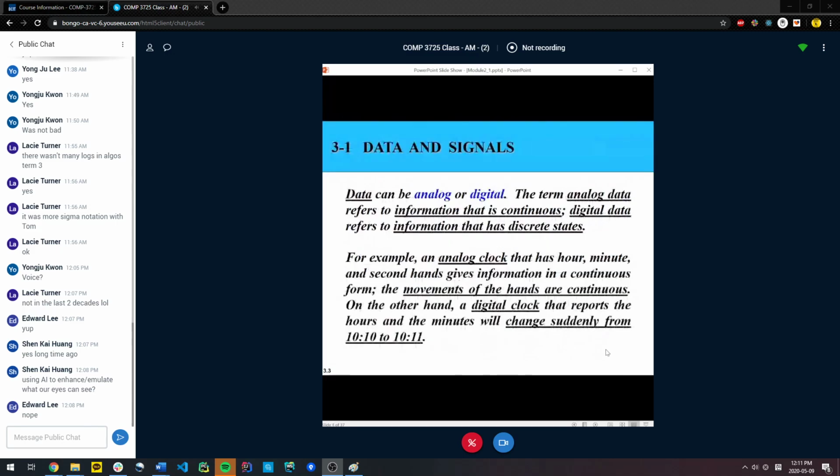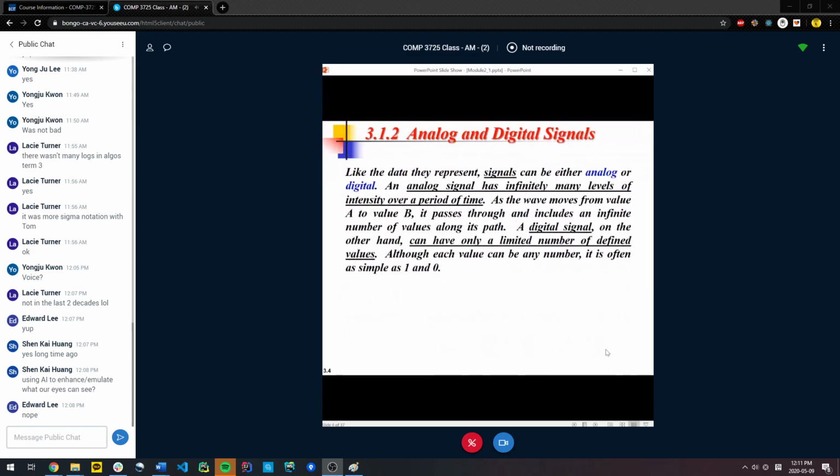There are two things that are being exposed here. In the first slide, I said that the data can be analog or digital, because that's the source of information. So data is the information content. The signals are what we can actually transmit. So we cannot really transmit data, and it will become more apparent. I want you to start thinking about that. Why is it that we have to have signals to represent data? It may not be the most apparent for you now, but I want you to understand that the data is the information content. The signals are what we use to transmit the data. In both cases, both the data and the signal can be digital and or analog.